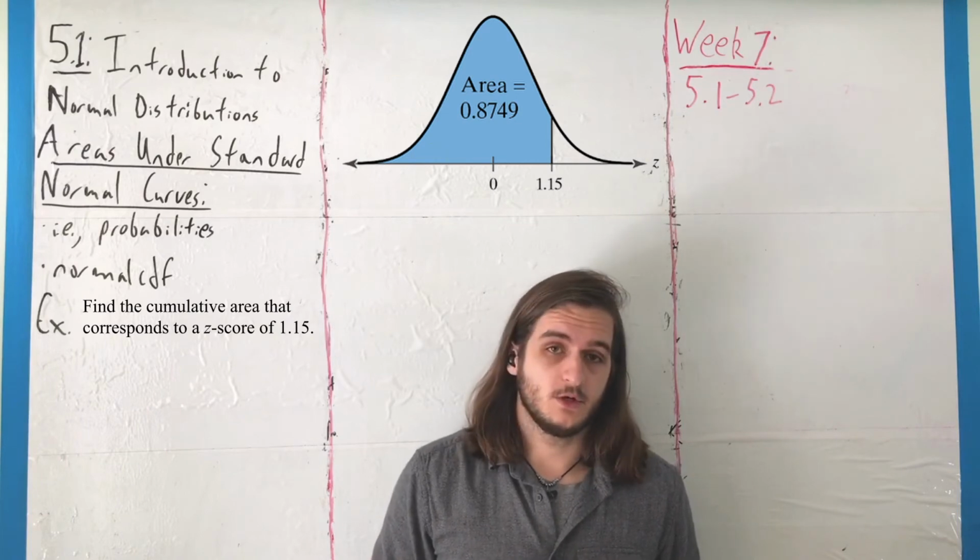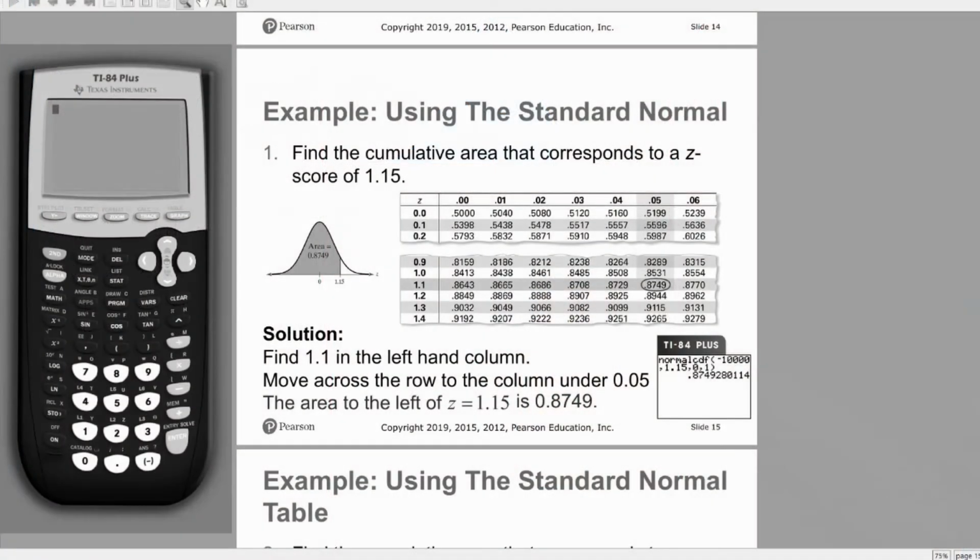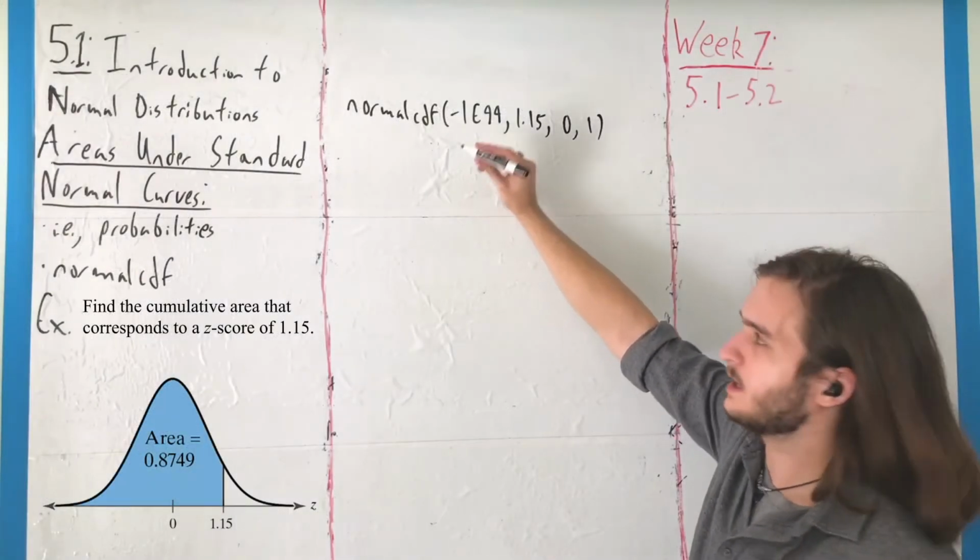Besides the fact that it really limits your options as well. So usually what I prefer you do is handle this stuff in the calculator, where you'll see in another video detailed steps for how you can handle this, and I also talked a little bit about what that would look like in the notes as well. But essentially, what you would do in there is punch in the input normal CDF, -1 E99, 1.15, 0, 1,